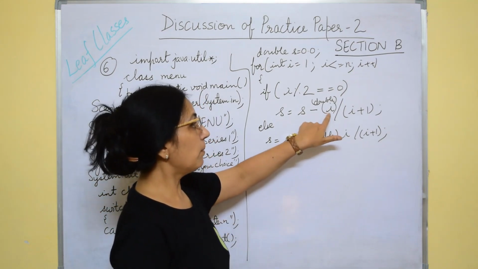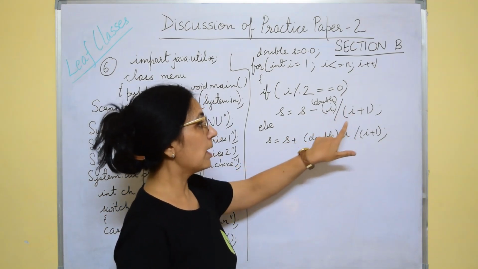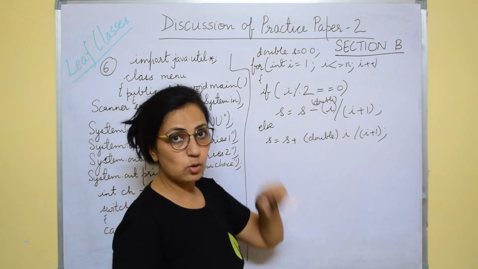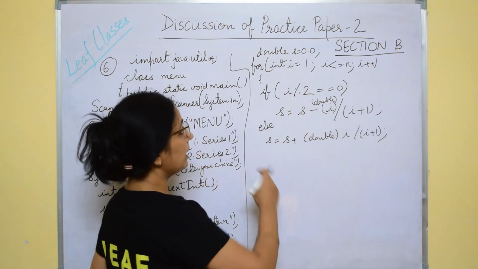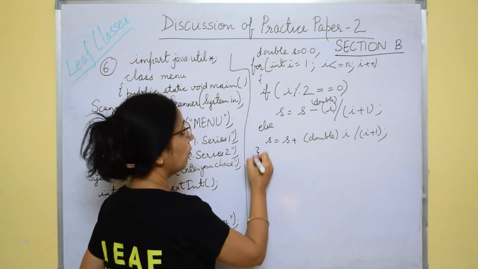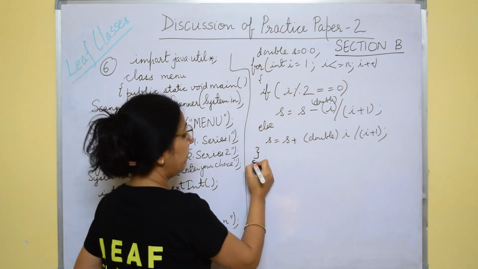And the denominator is always numerator plus 1, 1 by 2, 2 by 3, 3 by 4. So if numerator is 2, it has to be 3. If numerator is 4, it has to be 5 denominator, right? So after completion of this, we will print